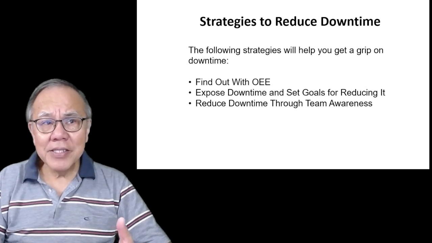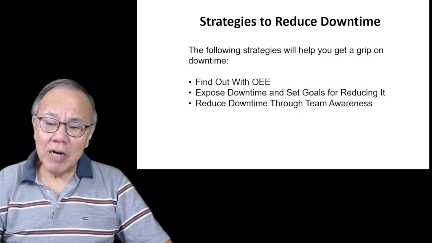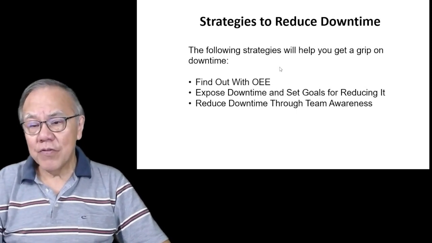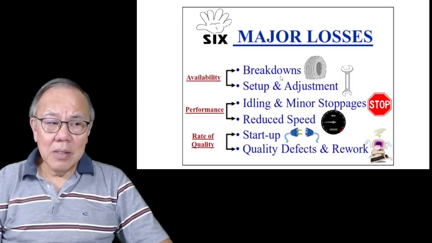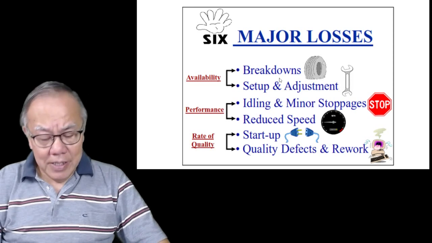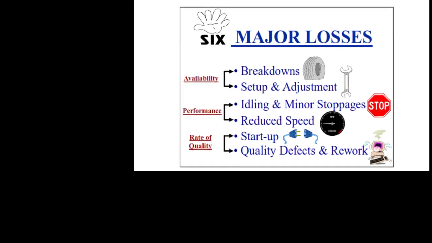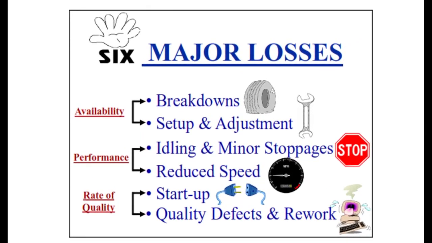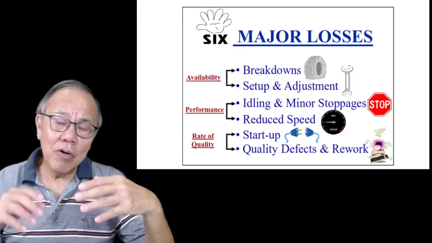So that things that are giving you problem are visual that you can easily see, and how to reduce downtime through team awareness, so on and so forth. Now, some of the key things in how to reduce losses, equipment losses, have to do with these six major losses, which normally we teach in our TPM, total productive maintenance. Because your machine losses, in other words, when the machine is not producing, it's not only because machine